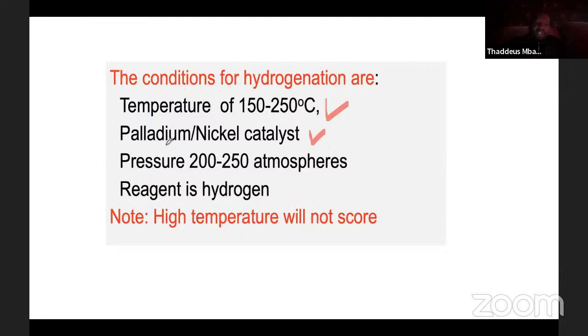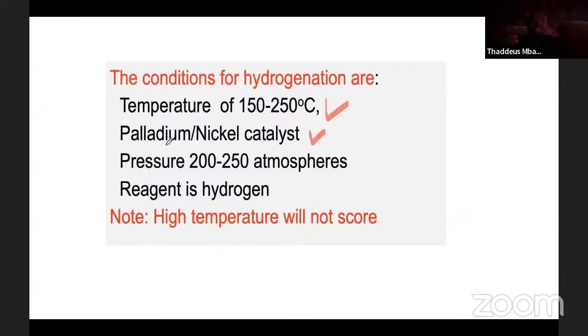And of course, remember this is how we convert oil to fat. You have heard it said that hydrogen in form 1 is used in manufacture of margarine. This is the process that is used in manufacture of margarine, because somebody will give you this kind of a reaction in the exam and ask, give the industrial application of the process above. Then you say it is used in manufacture of margarine.